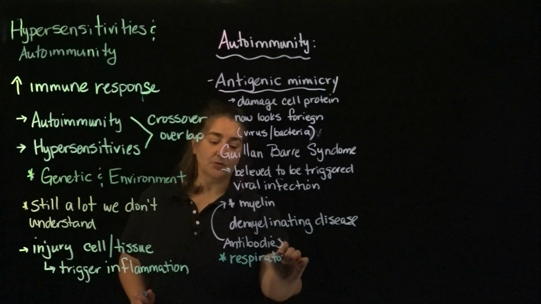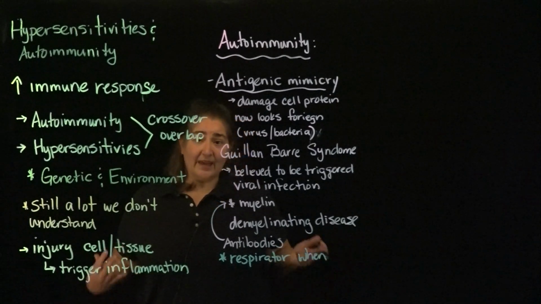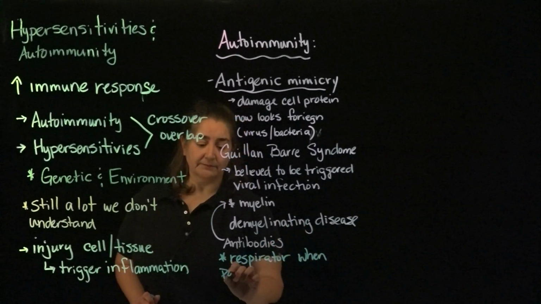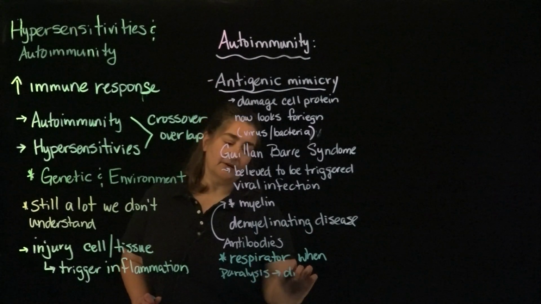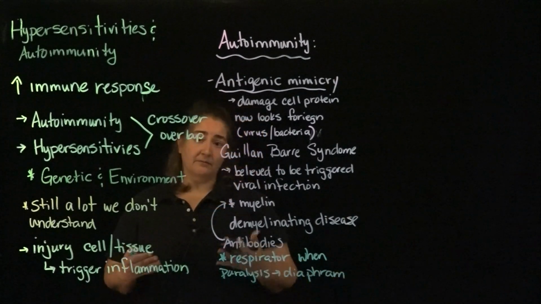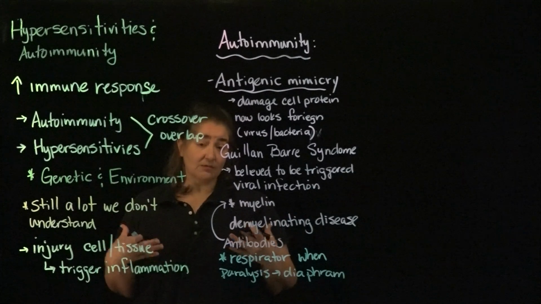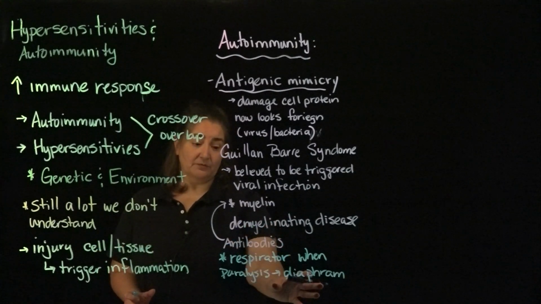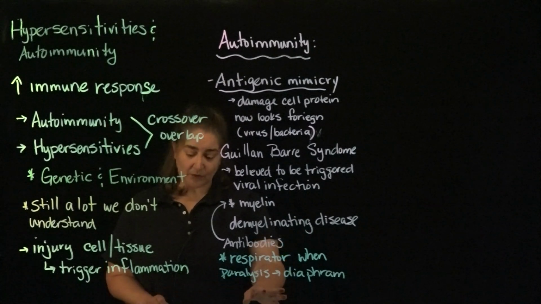Typically, the individual has to be on a respirator when that paralysis reaches the diaphragm. Because if your diaphragm can't contract, you can't take in oxygen, and that becomes a problem, okay? So there's typically a time when the individual is going to be on a respirator,